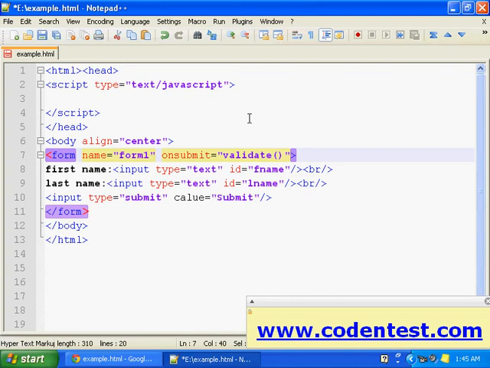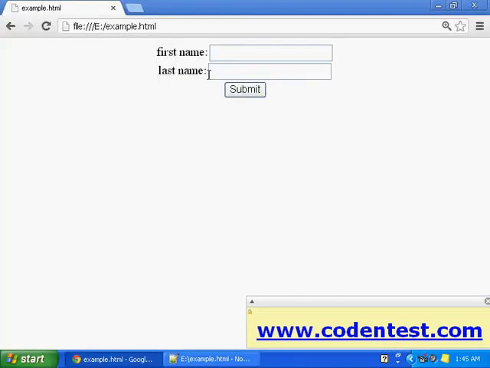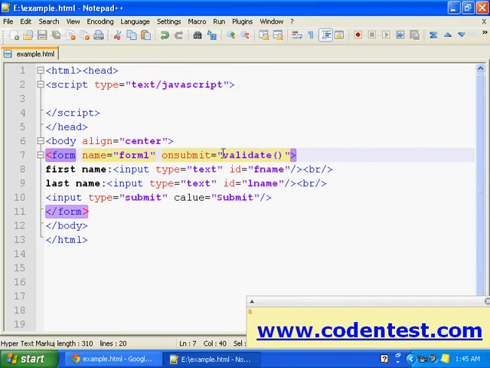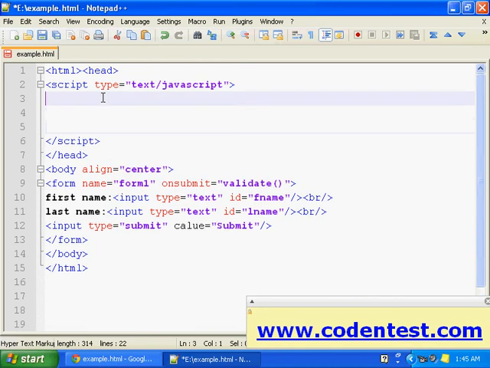What this attribute does is when the user clicks on the submit button, the control goes to this validate function. We haven't created the validate function yet, we'll do it now. In our JavaScript, let's say function validate.